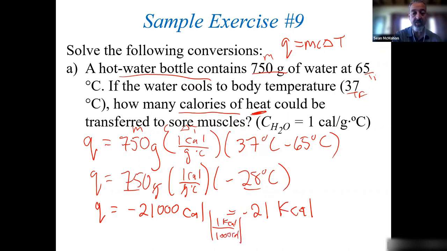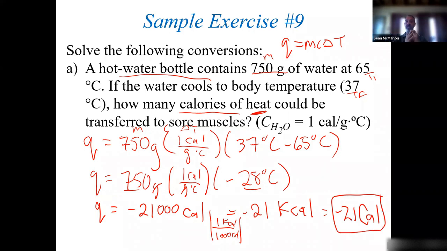So I'm just crossing out those 3 zeros and I get that many kilocalories. The reason why I turn it to kilocalories, because remember, that's a dietary Calorie, big C, right? So that's how many dietary Calories 750 grams of hot water at 65 degrees would lose to the body,